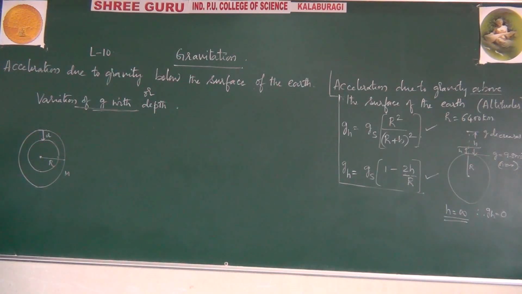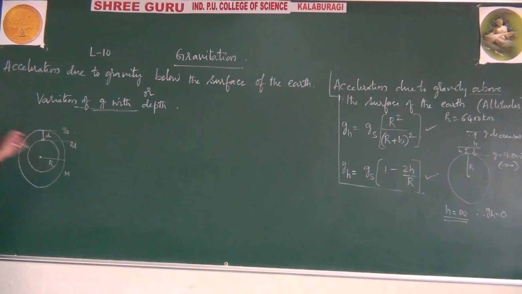So you will be aware of this now. For this we have to calculate the acceleration due to gravity. But you know this is acceleration due to gravity on the surface. What is this? Acceleration due to gravity at depth. You have to calculate here. At this position you have to calculate acceleration due to gravity. So now when you want to calculate this, you have to take this inside circle, and this circle is now having uniform density.